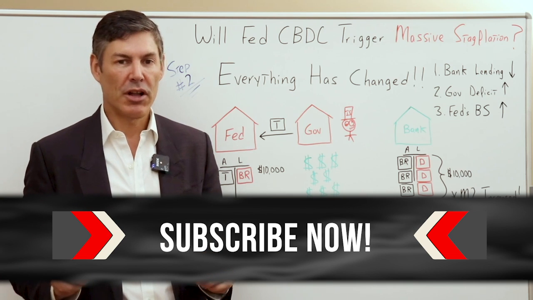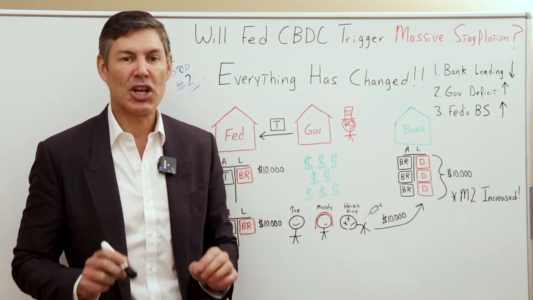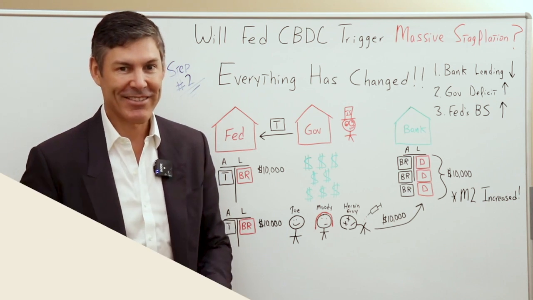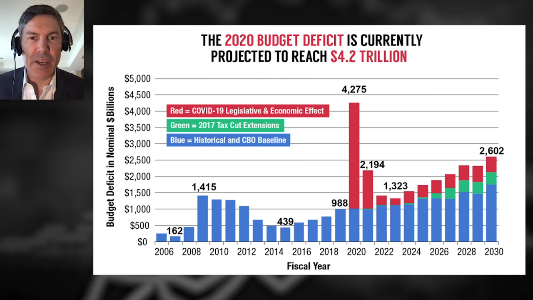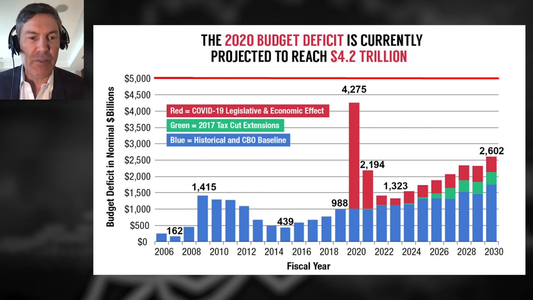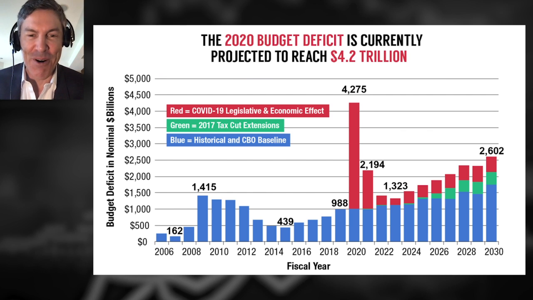To illustrate this further, let's go right back to the internet and check out some charts that are going to absolutely blow your mind. We start by looking at the government's budget deficit for 2020. And I want to point out this is a projected deficit. I think the actual deficit, when everything was said and done, was closer to $5 trillion. But we'll give them the benefit of the doubt momentarily. We'll look at the glass half full on this one and just assume their deficit was $4.2 trillion.